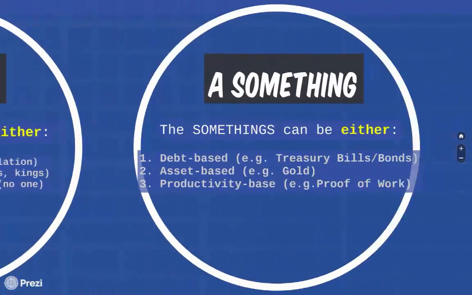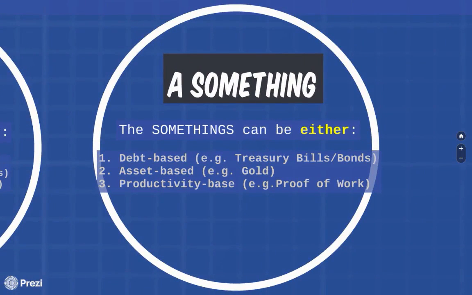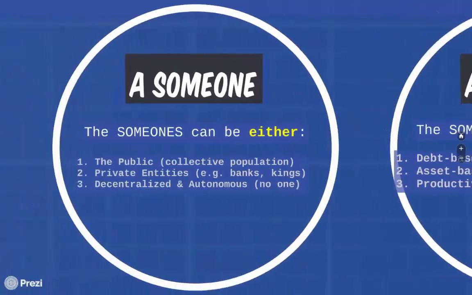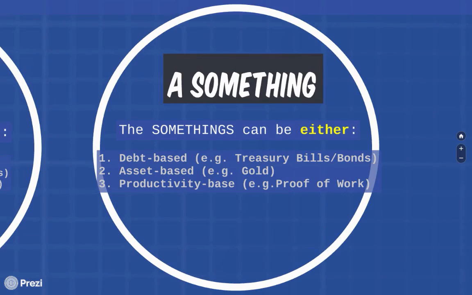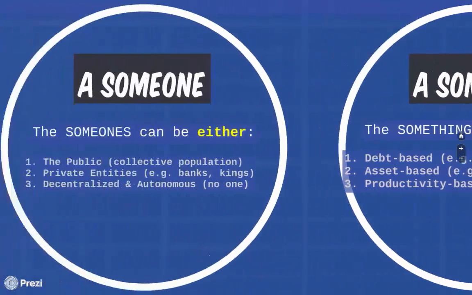Okay. Now, the something. The something can be either debt-based. By the way, before we go to the something, actually, I'll get back to that in a sec. The something can either be debt-based, which means literally the currency is founded on debt. Okay, this is actually what we're running on right now. Our current planet, like maybe 97% of all countries, are literally running, and I'll prove it to you in a second,